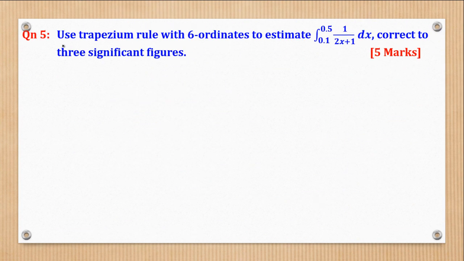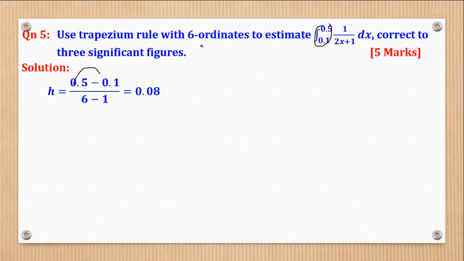Then question 5 says, use the trapezium rule with 6 ordinates to estimate this, correct to 3 significant figures. So the first thing to do is to get the strip width: the difference between the two limits over the number of ordinates minus 1. Number of ordinates minus 1 gives you the number of sub-intervals. And in the end, we'll come up with